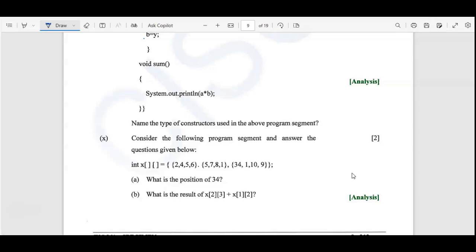Now what are they asking? What is the position of element 34? If you want to check the position of any element, first you should be clear with the position of the individual elements. First check how many rows and how many columns there are in this matrix. The rows are 1, 2, 3: first row, second row and third row.